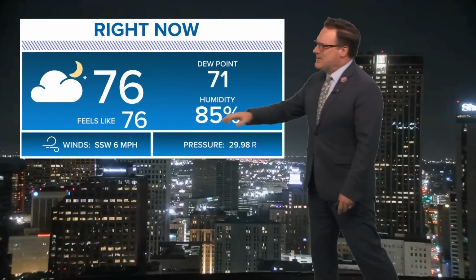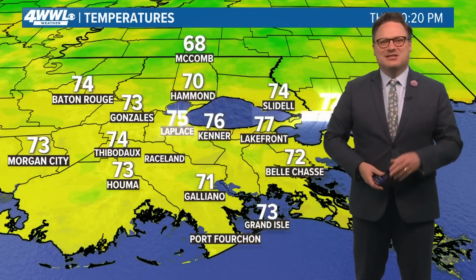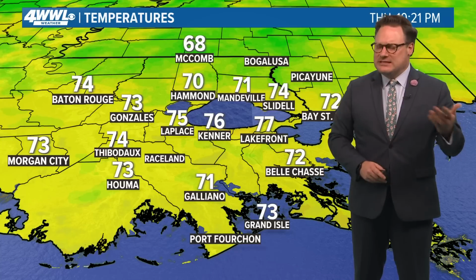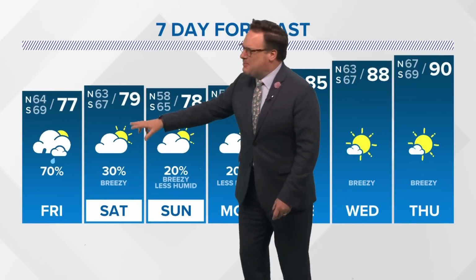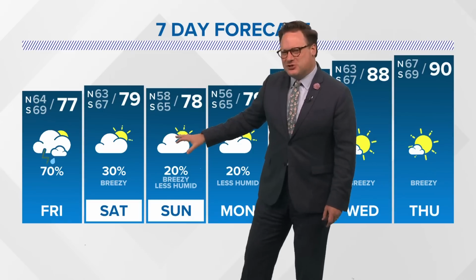Mostly cloudy skies, temperatures in the 70s. Humidity is a little bit higher with a dew point in the upper 60s and lower 70s. Temperatures across the board generally in the low 70s. We'll see us probably stay in the 70s during the day tomorrow because of the clouds and rainfall. Always a silver lining. Again, we'll keep a rain chance of about 30% for Saturday, 20% for Sunday, but we'll